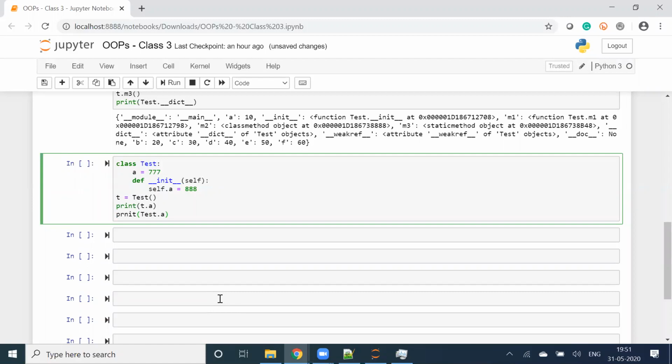What will be the output? Will it be 777, 888, or will it be 888, 777, or nothing? What do you think?